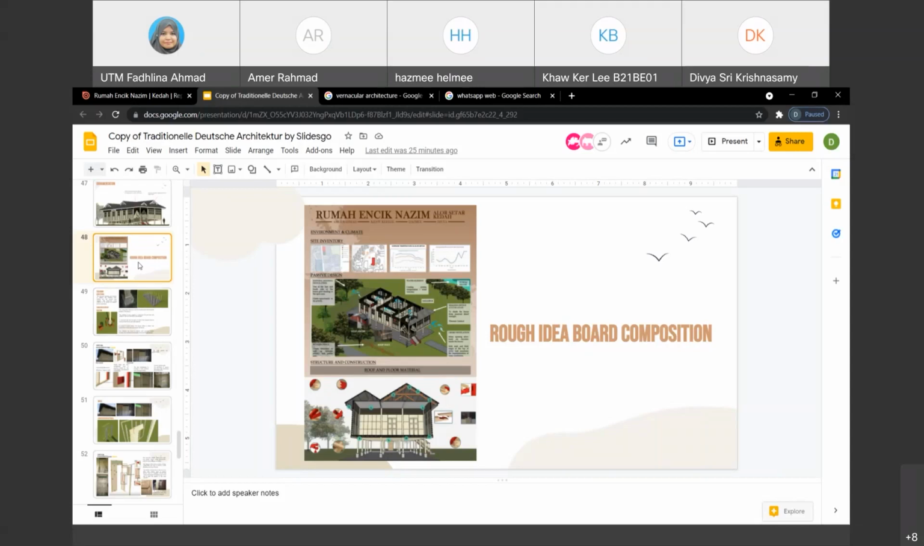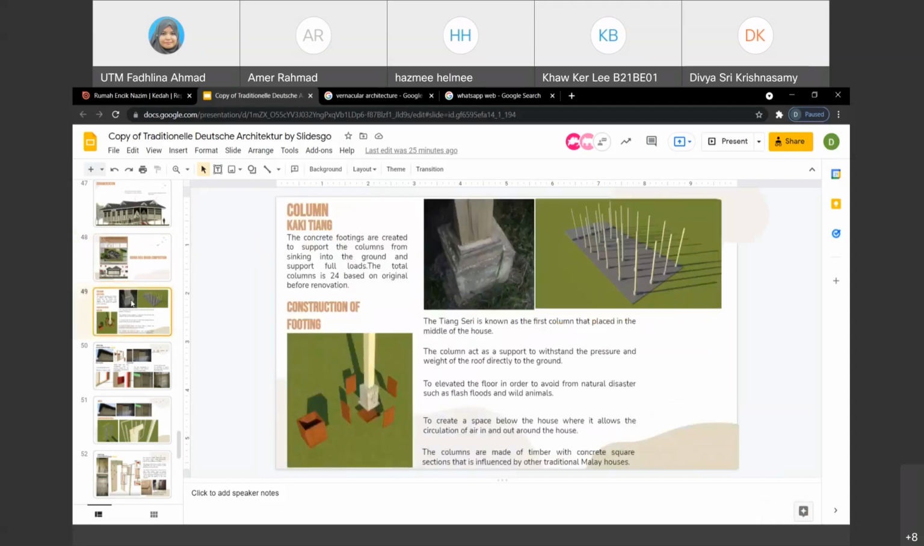Assalamualaikum and good evening. So I will move on to the last topic, which is I will cover on the vertical components. So the first one is I will cover about the column. So as the previous slide that I presented, this is the column information. So the one that I have updated is the